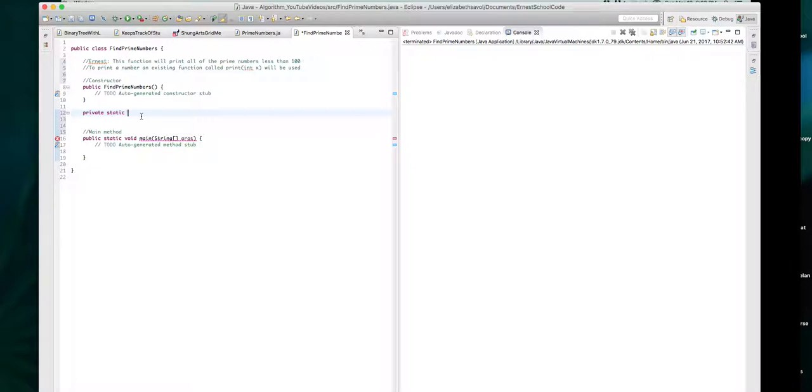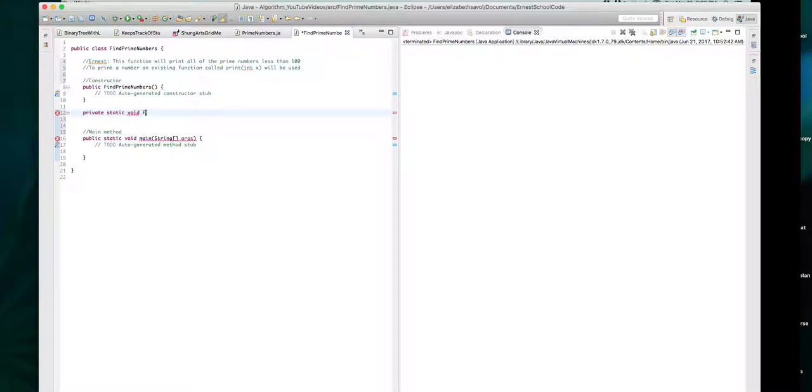When you make your method static, you'll be able to call that method just by referencing the class itself. When I mean class, it's this one: you just write FindPrimeNumbers dot, and then you get access to the static method. So make that static void,